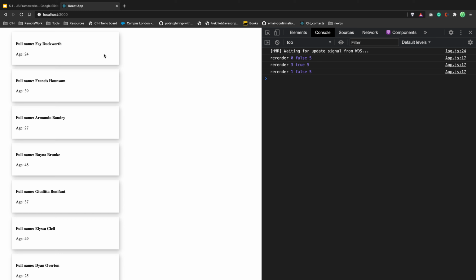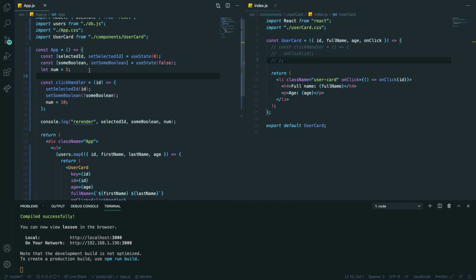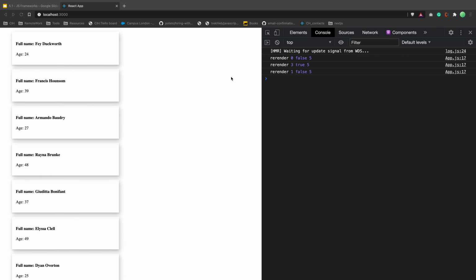And again, 1, false, and 5. Right? So we're re-rendering the component, but when you use state, the new data persists, but if you use a regular variable, it's not. Yeah. This is a difference.